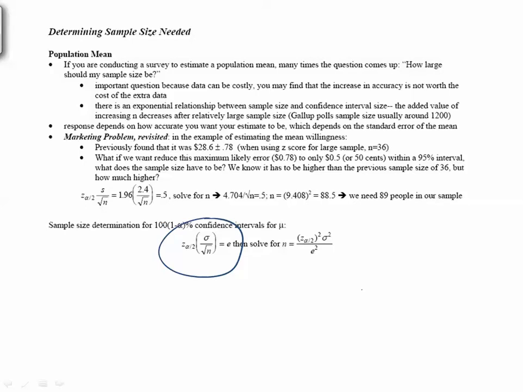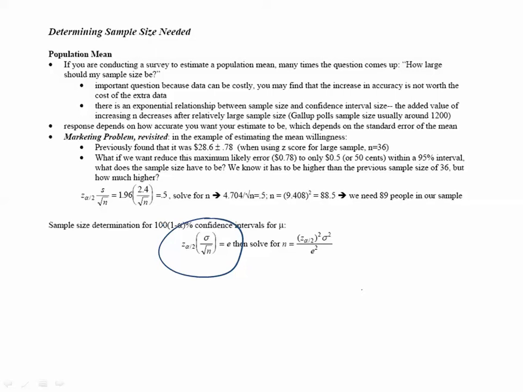So let's say that we're conducting a survey to estimate the population mean. Many times the question comes up, how large does the sample size need to be? Well, it's important because samples are costly. Each observation takes time, it takes money, it takes resources. We know that there's a relationship that the smaller the error, the larger the sample, but at some point each additional sample becomes less beneficial.